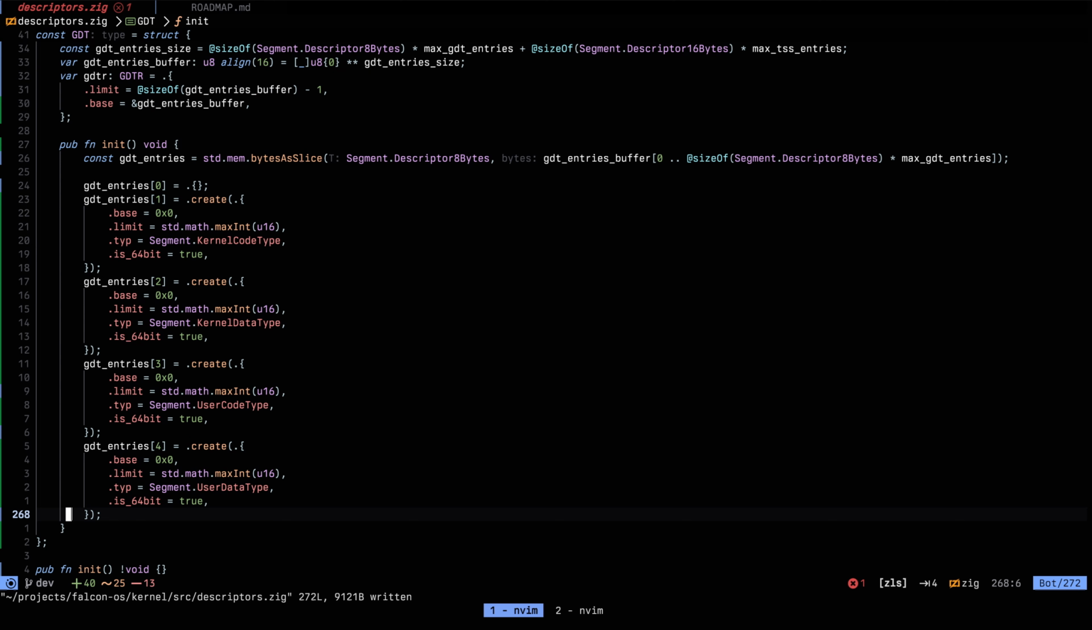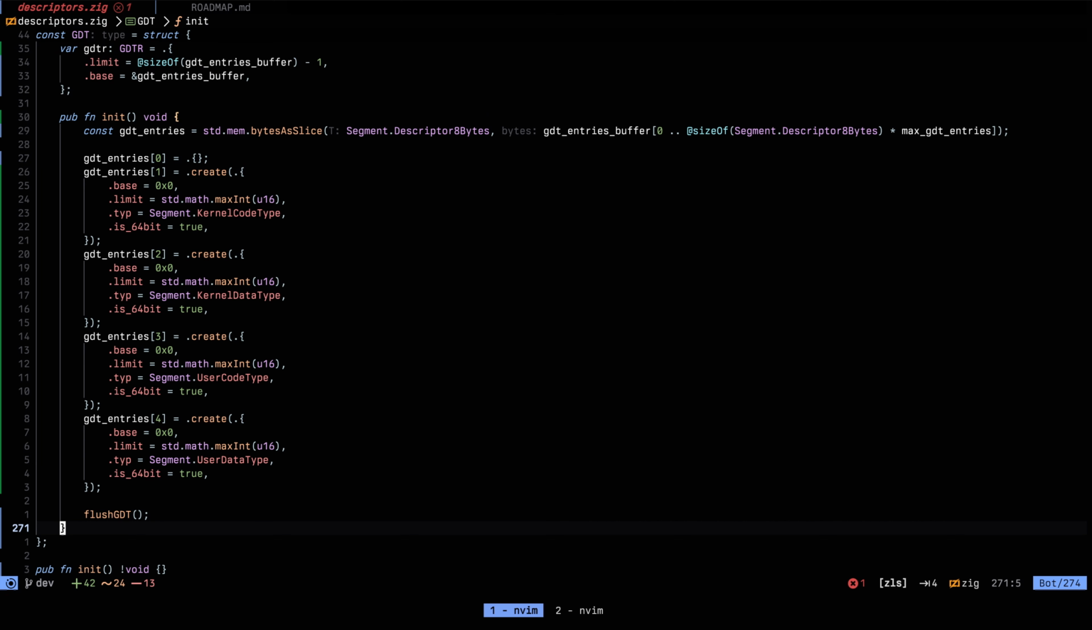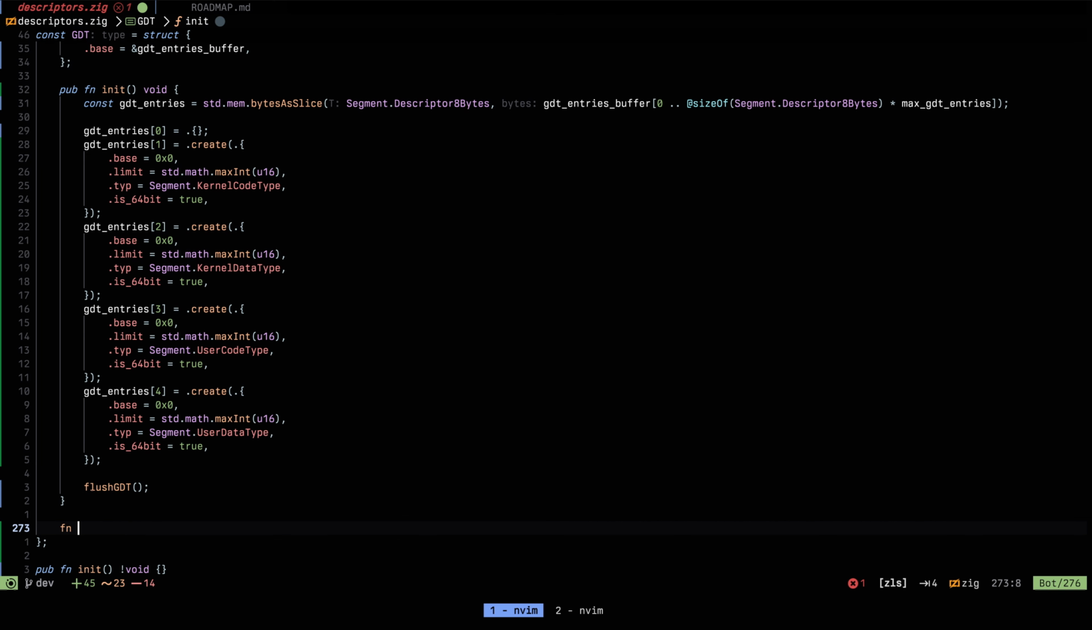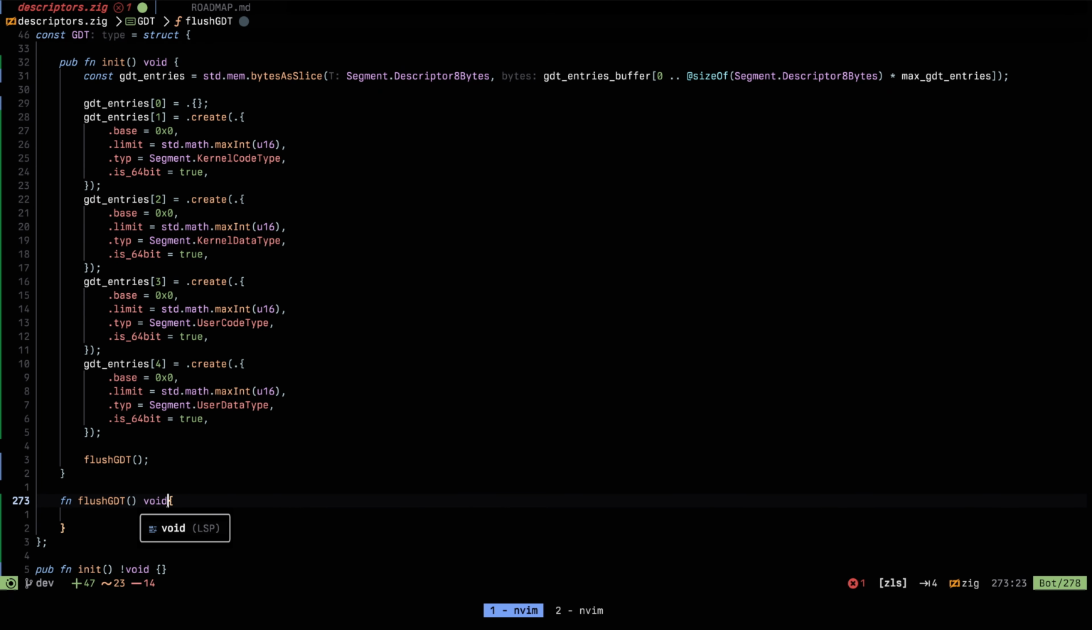Right, so here we have all the entries set up. So we need to basically do flush. How do we flush GDT? I guess. And here we are going to need to create a function flush GDT, and this function here would do very simple things. This language needs to have a return type. This function here would need to do very simple things. So first of all is